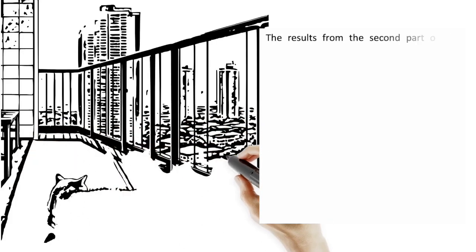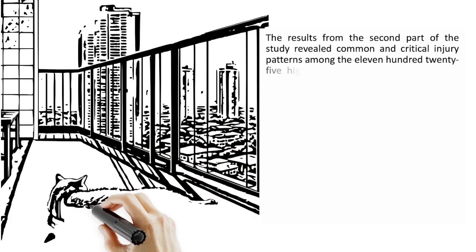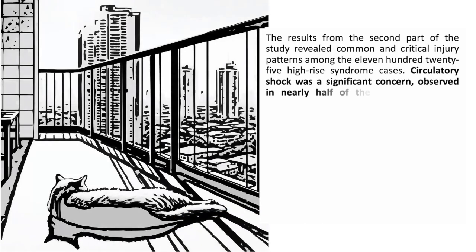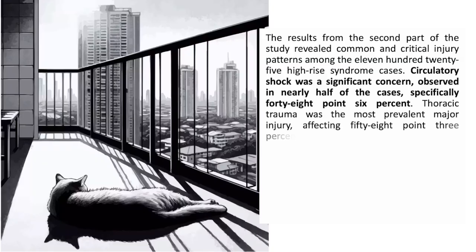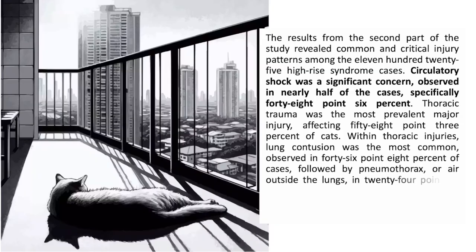The results from the second part of the study revealed common and critical injury patterns among the 1,125 high-rise syndrome cases. Circulatory shock was a significant concern, observed in nearly half of the cases, specifically 48.6%. Thoracic trauma was the most prevalent major injury, affecting 58.3% of cats. Within thoracic injuries, lung contusion was the most common, observed in 46.8% of cases, followed by pneumothorax, or air outside